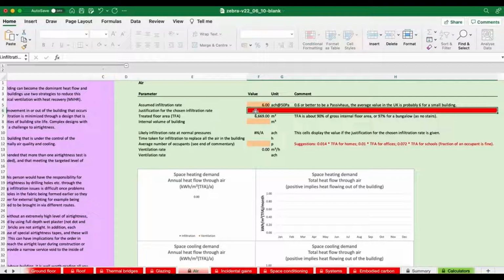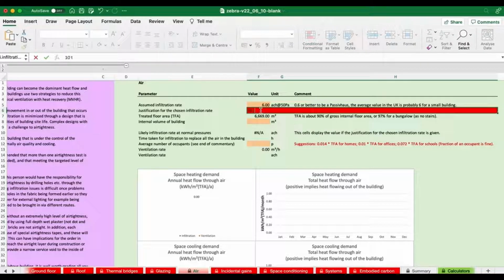The reason we've done this is we found a lot of people are over enthusiastic about the airtightness that might be realized on site, and they go, yes, we're going to get a really airtight building. And then when it's measured, it turns out not to be so. So we'll just type some notes in here that would justify it, maybe to a line manager or somebody else, or just to remind us why we chose this particular value.